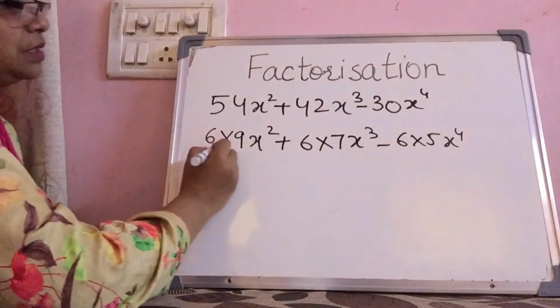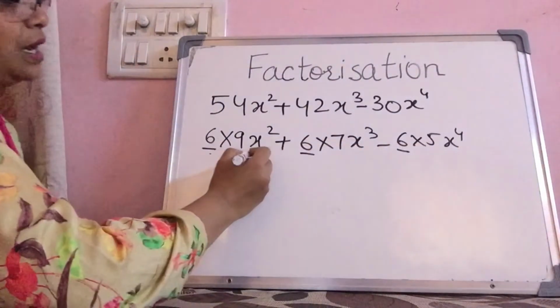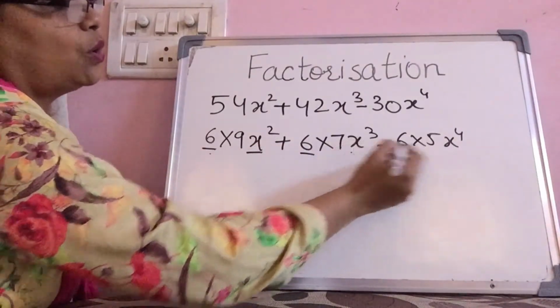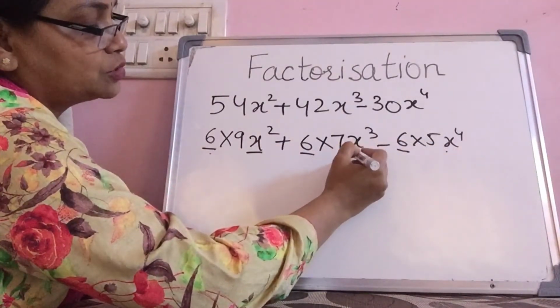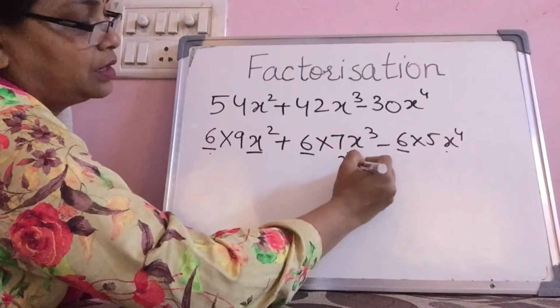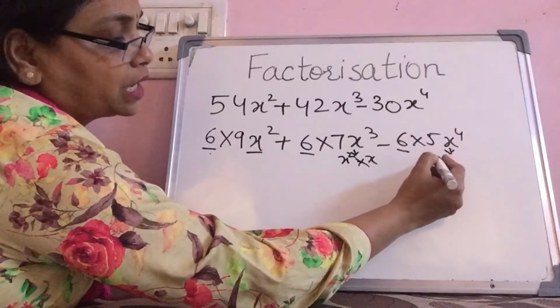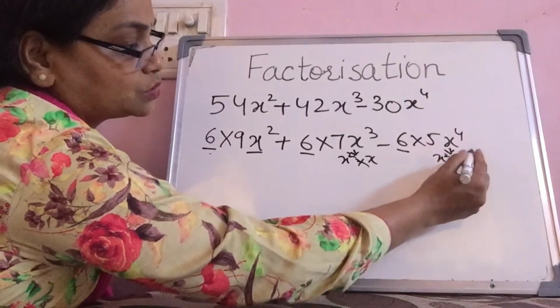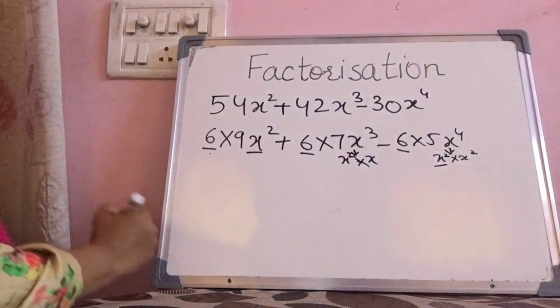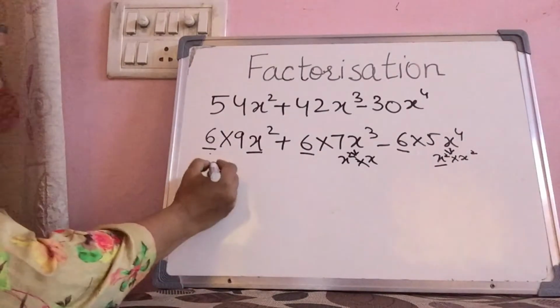So we have 6 common in all the three terms and x square in all the three terms. This is x cube, so we can take x square and 1x will be remaining here, and x4 can be written as x square into x square. So we can take common as 6x square,